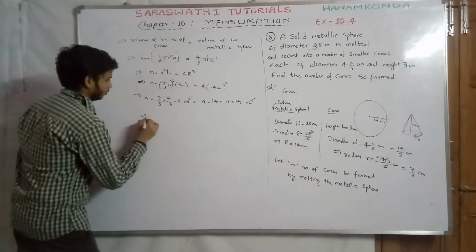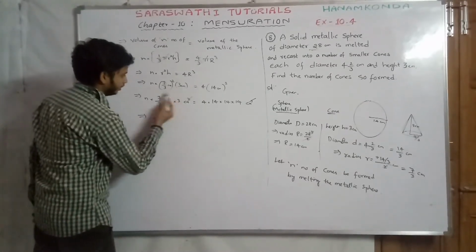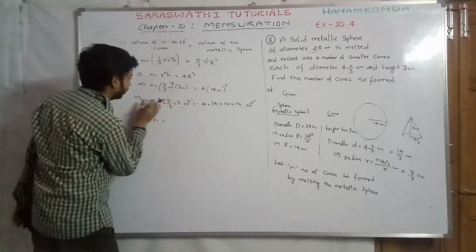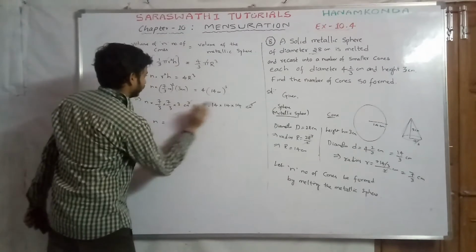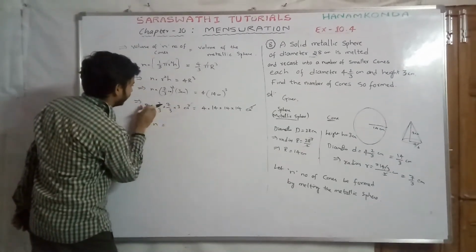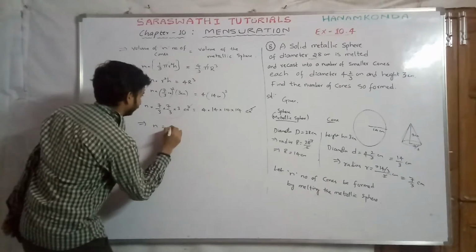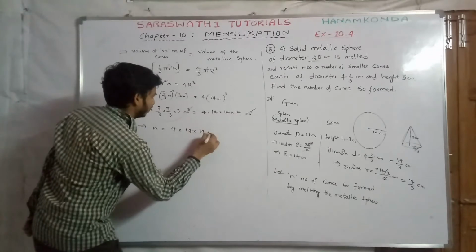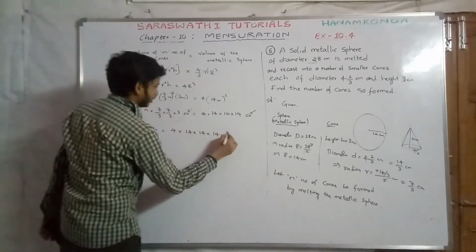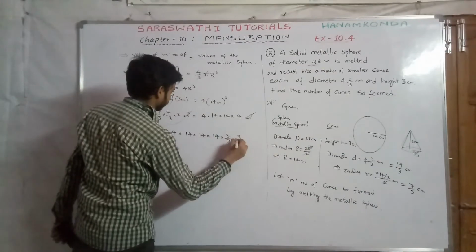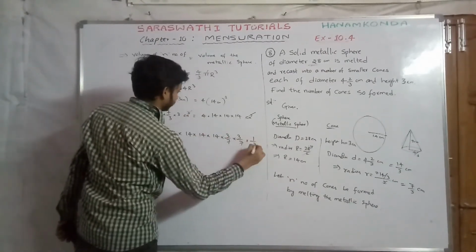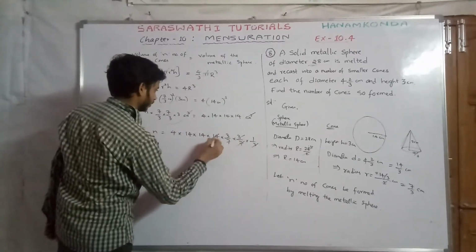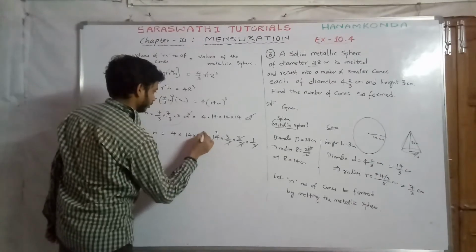Now all the terms multiplied with n must be shifted to the right side, that means the left side term multiplied with n gets divided into the right side term. So n equals 4 into 14 into 14 into 14, with 7/3 becoming 3/7 and 7/3 becoming 3/7 again, and 3 becoming 1/3. Now the 3 gets cancelled, and the 7s cancel as well.